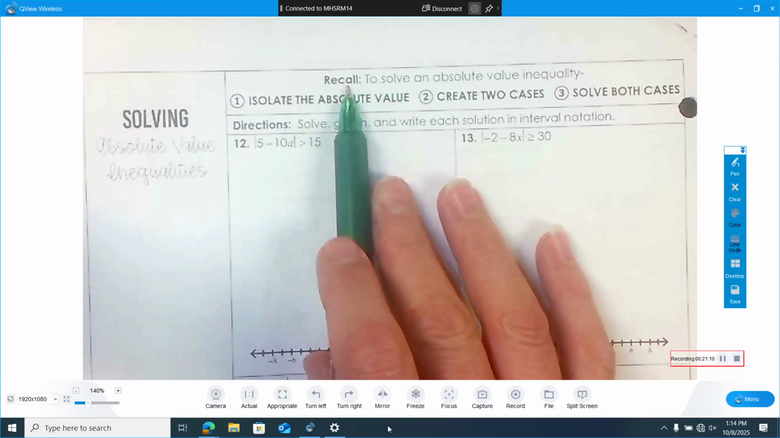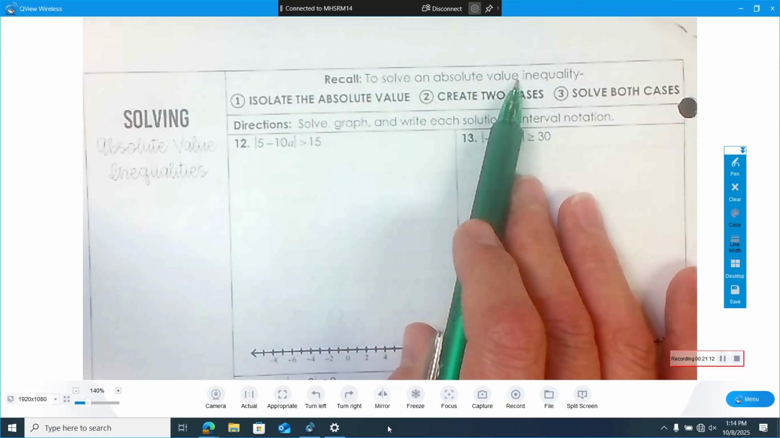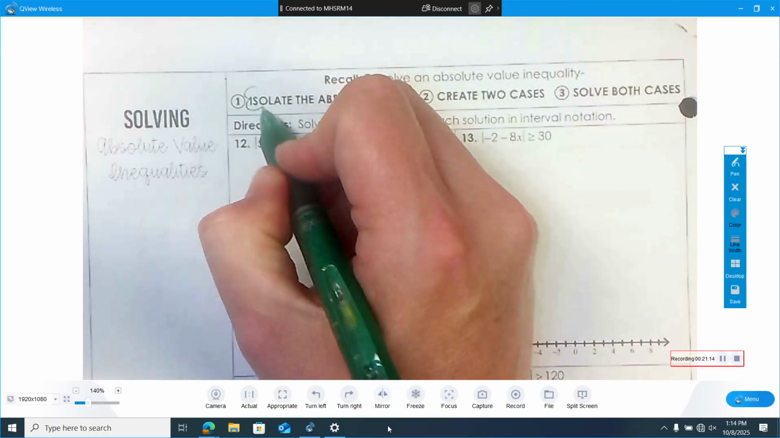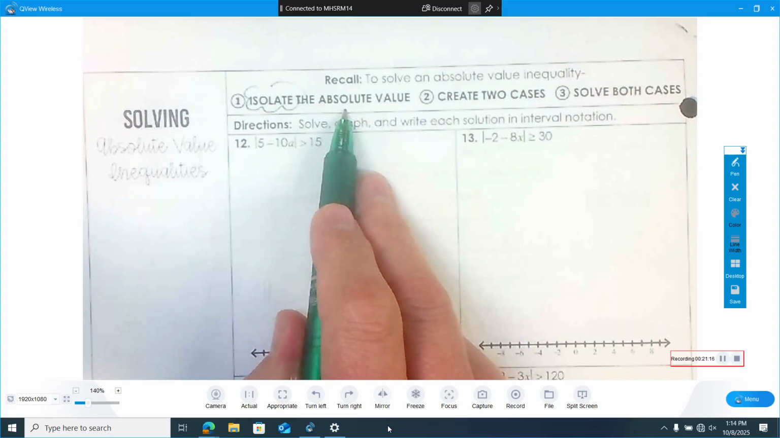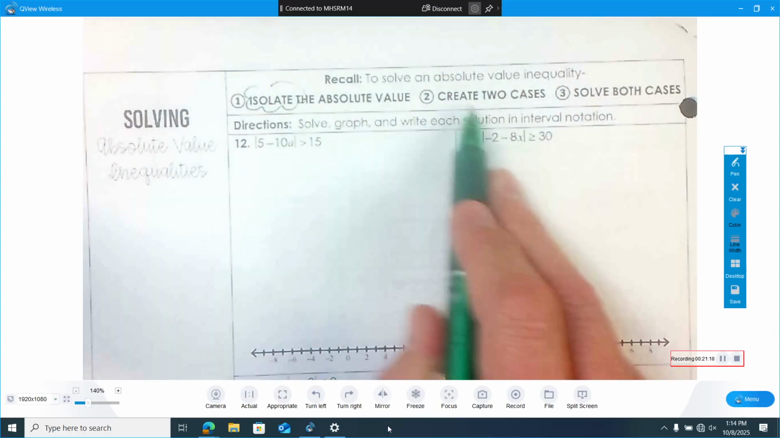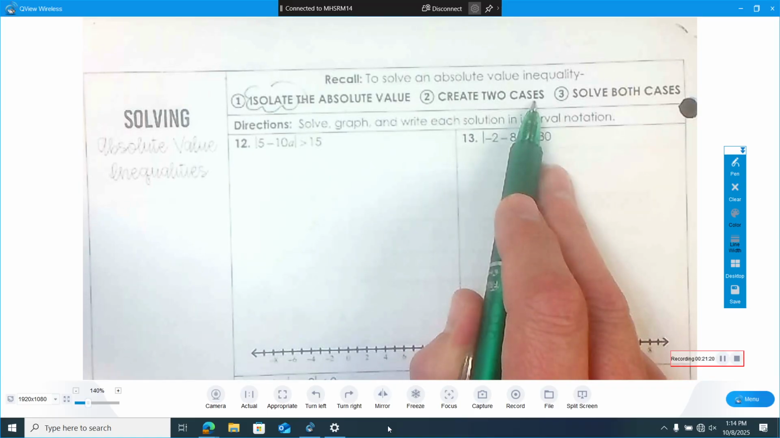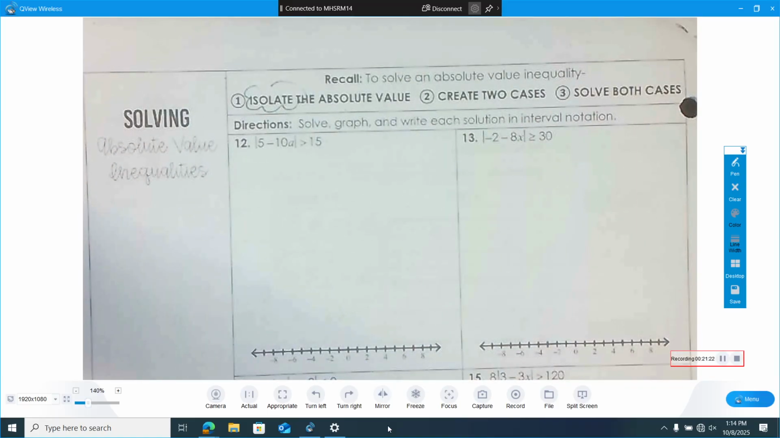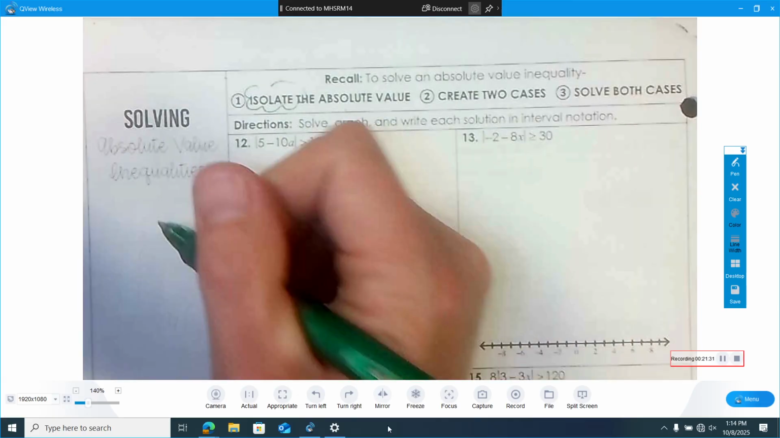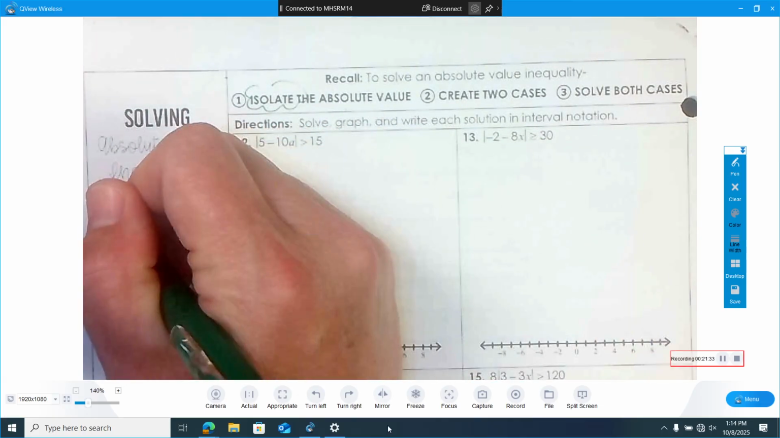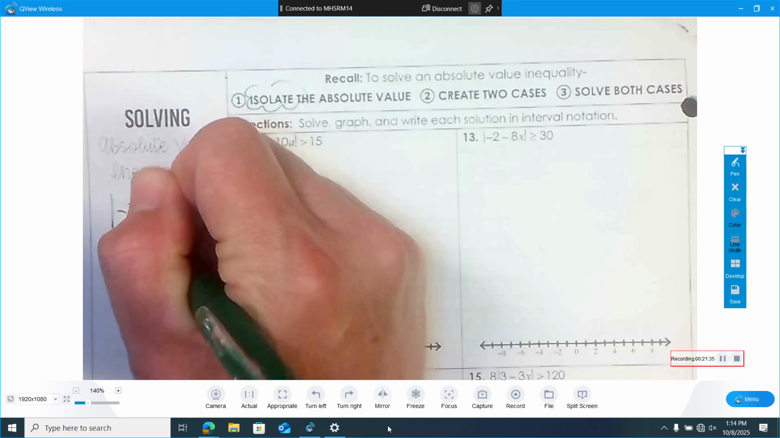So to recall, to solve an absolute value, we always need to isolate the absolute value first. And there are going to be two cases. We have to solve both cases. And so if you remember, when we talk about absolute value, we're saying, hey, the absolute value of like -7 equals